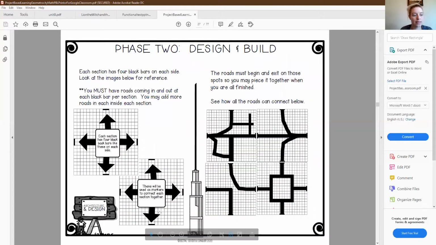All right, so if you'll notice, each section has 4 black bars on each side, okay, each of those sections. So these are labeling roads, okay? So you have roads coming in and out of each black bar section, okay? You can add more roads in your section if you want, or you can just make sure you have a road that's connected to that black section, okay? If you could see here, notice how when this person put all 4 together, all of the roads connected together, okay? So that's what we want to happen. So you're going to have to leave these road areas clear because that's where the roads are going to connect together,